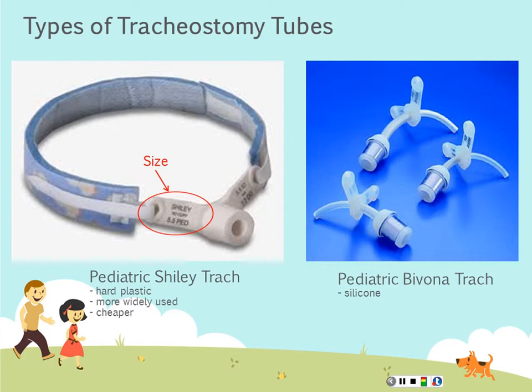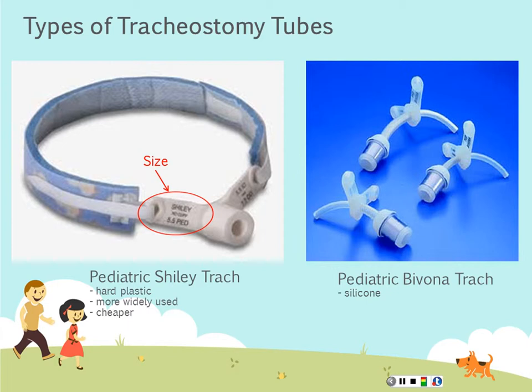To the right, you see a pediatric Bivona trach. These are generally made of silicone. They're a little more flexible than the Shiley trachs. You'll see these used a lot with patients with neuromuscular conditions that would cause their head to fall forward and not be able to support their neck as well, and some preterm infants, and what they would cause is kind of no neck, so that these patients would lean forward, their chin would fall forward,